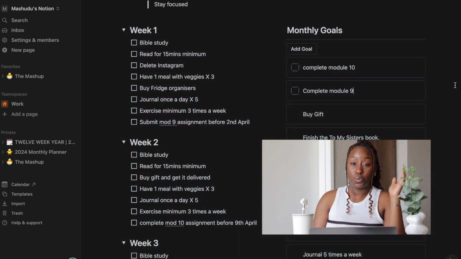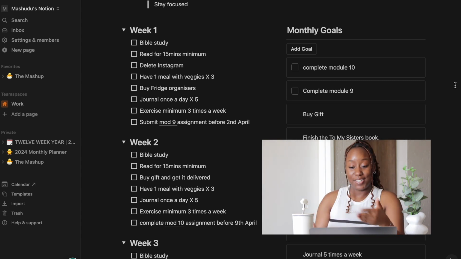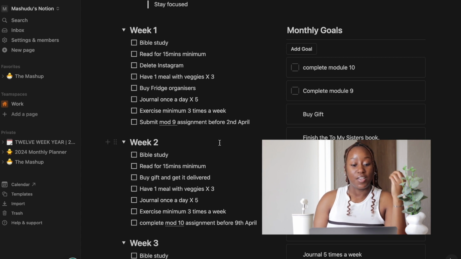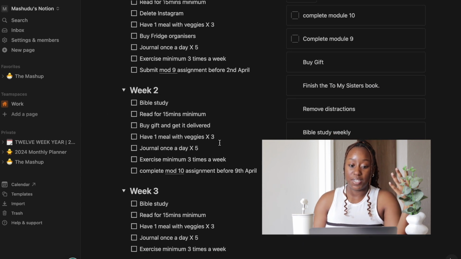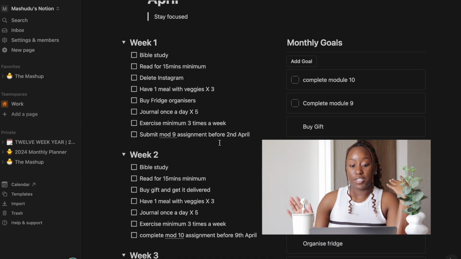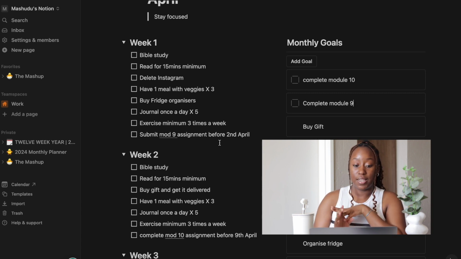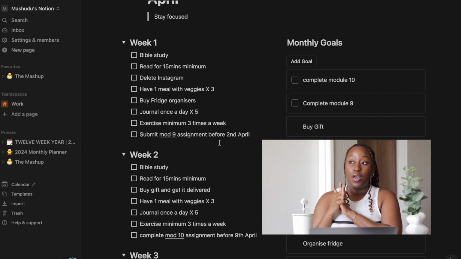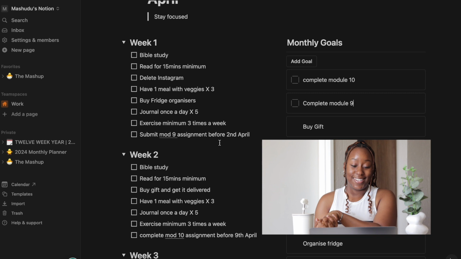I've been doing school on the side as well, while I do work, while I do life, while I do everything. But yeah, I need to finish these 2 modules that I know are coming up on these specific weeks because I have no choice. Those are due dates. And another thing, if I don't complete something in week 1, I'll move it to week 2 and see if I can complete it. Like for instance, if I don't eat veggies for 3 days in that 1 week, I'll move it to week 2 where I'll have to make sure that I have 4 meals with veggies.